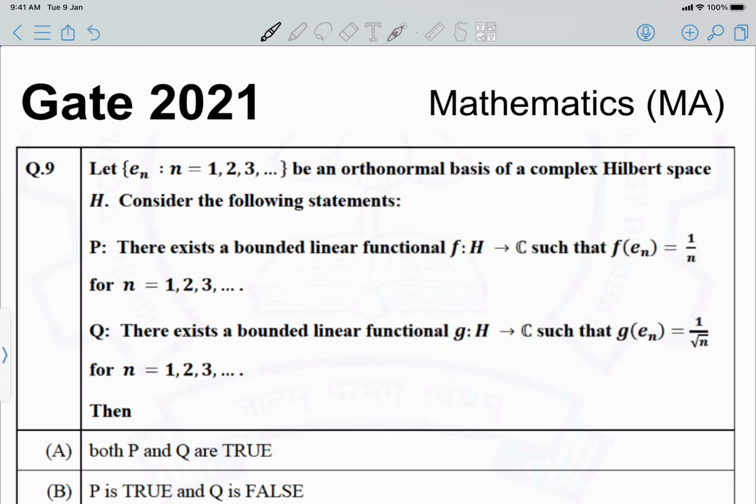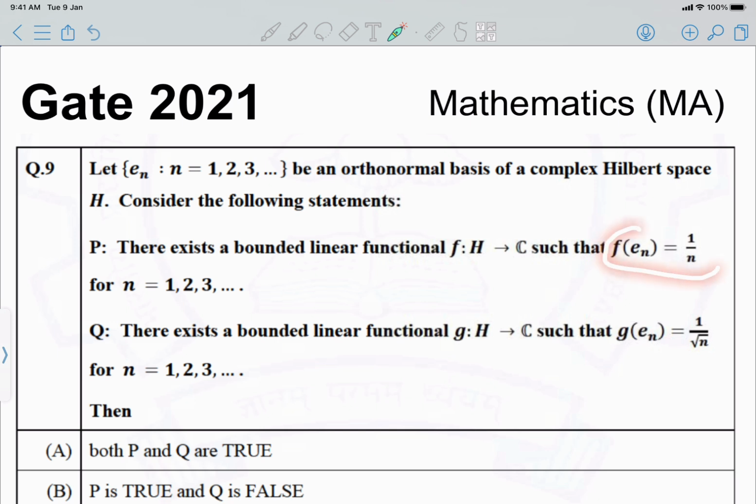Okay, so let's start. Today we'll solve a GATE 2021 question. This is a question from functional analysis, question number 9. It says: let En be an orthonormal basis of a complex Hilbert space H, and consider the following statements. P says that there exists a bounded linear functional f from H to C such that